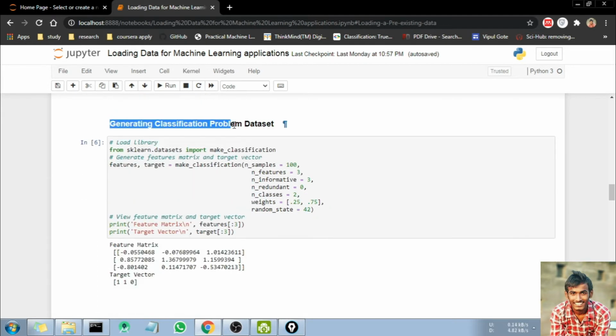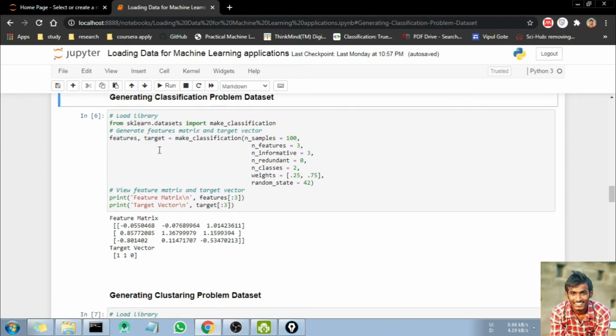Okay, for generating a classification problem dataset, we are going to import make_classification from sklearn.datasets. This function will generate classification data. For that we again have to pass the number of samples as 100. Then number of features is 3, informative is 3, redundant is 0, and number of classes is 2.